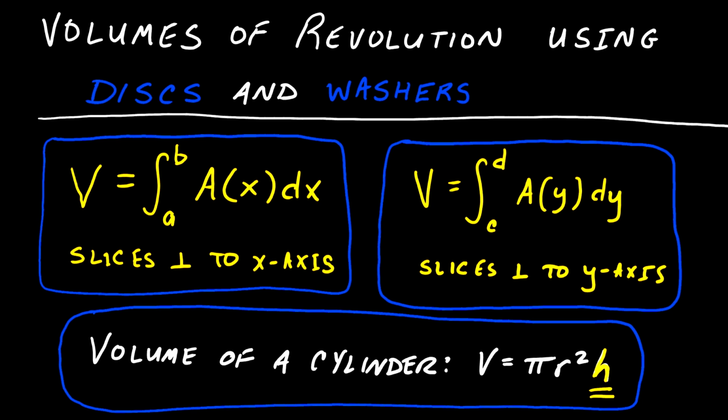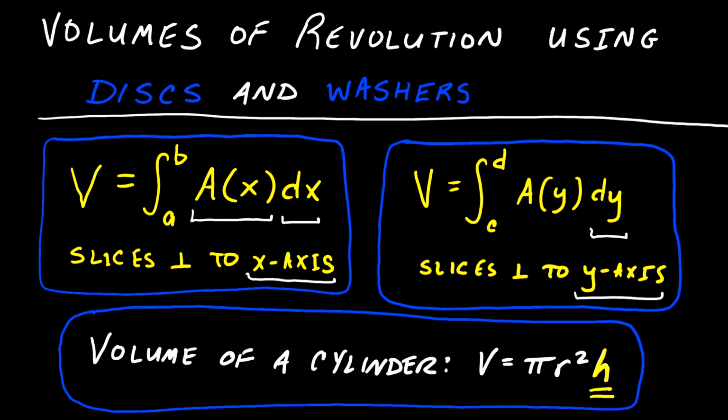In this video, we'll look at solving for volumes of revolution using disks and washers. As you can see, what I've written down is the general formula for volume, which basically says the integral, or the sum of an area times its thickness, will be equal to the volume. And this could be said if its slices are perpendicular to the x-axis, or if slices are perpendicular to the y-axis, everything will just be in terms of y, and our limits of integration, c to d, are in terms